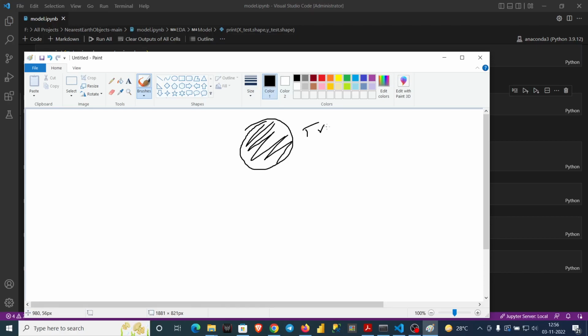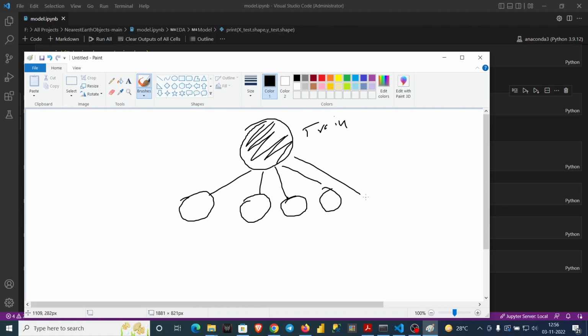Then I have divided the data into different bags. For every bag I am taking one sample: sample 1, sample 2, sample 3, sample 4, sample 5, and every sample bag we will consider as a train set. After that we are implementing a decision tree classifier